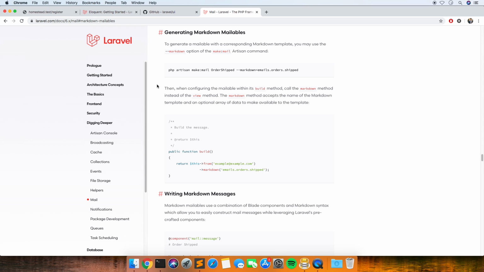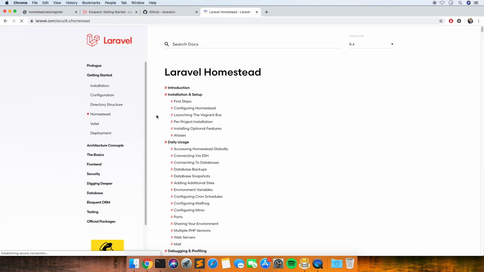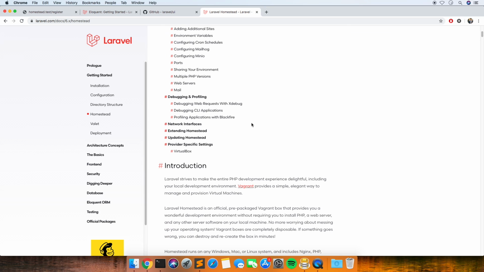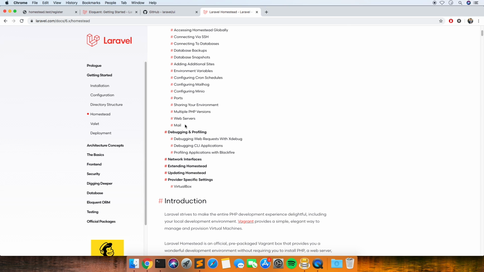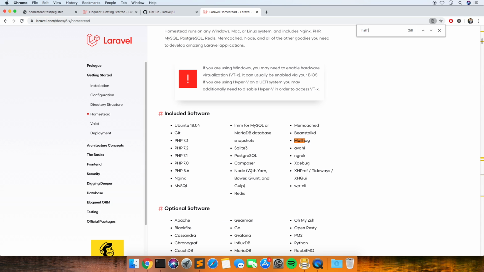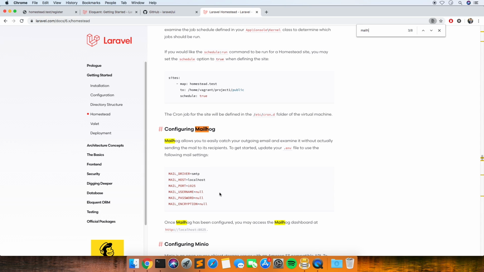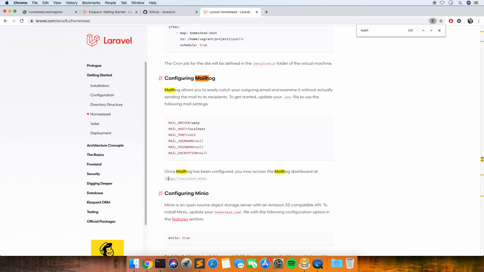Another cool thing when using Homestead is that you get a thing called Mailhog built in. Right, so if you look at the documentation on Homestead, it gives you this URL, which is like an inbox. So any emails that your application would be sending out to any address gets caught in this.